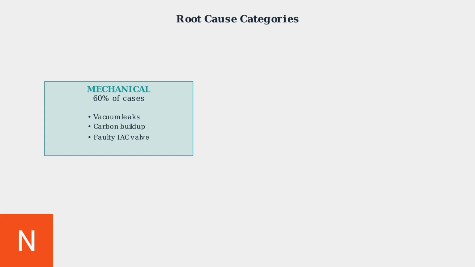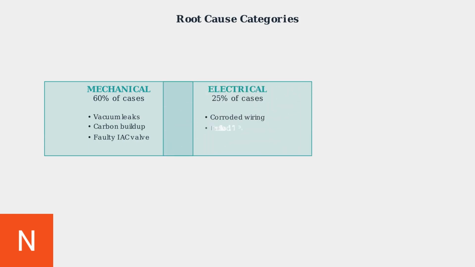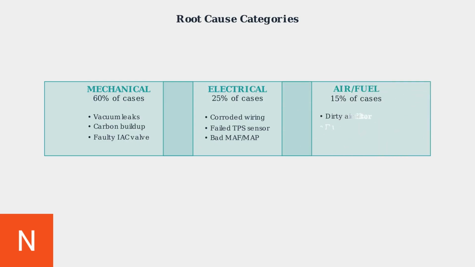Mechanical problems account for 60% of cases and include vacuum leaks in the intake manifold, carbon buildup in the throttle body, and faulty idle air control valves. Electrical problems represent 25% of cases involving corroded wiring harnesses and failed sensors like the throttle position sensor, mass airflow sensor, or manifold absolute pressure sensor. Air and fuel system issues make up the remaining 15%, including dirty air filters, fuel system pressure irregularities, and PCV